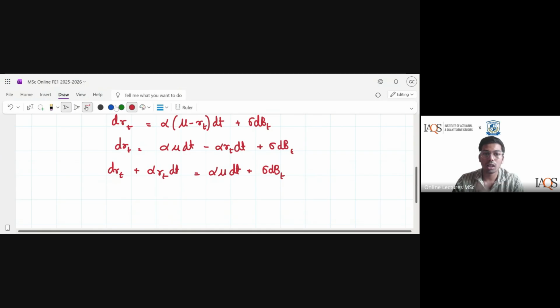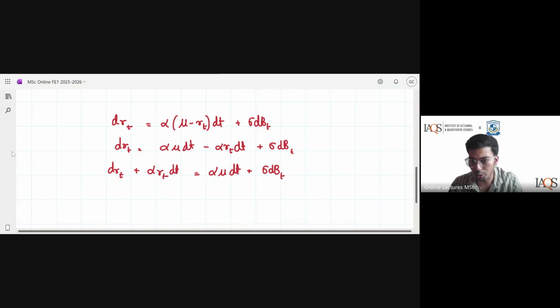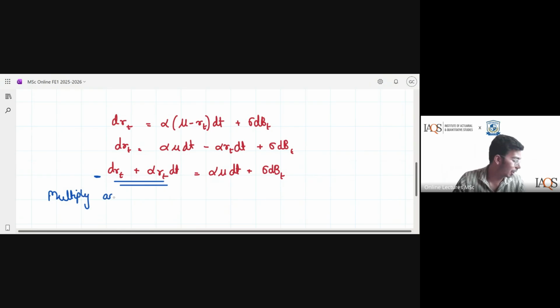Now, you all may have to take this with a pinch of salt; considering this as a derivation, you may have to remember this step. But can I say this looks something like a UV rule? I have dRT over here and I have RT over here, but it doesn't seem to be complete because I don't have anything to tell me that it's actually a UV rule. In such cases, whenever you have an incomplete product rule, you multiply and divide by something whose differentiation and integration is the same.